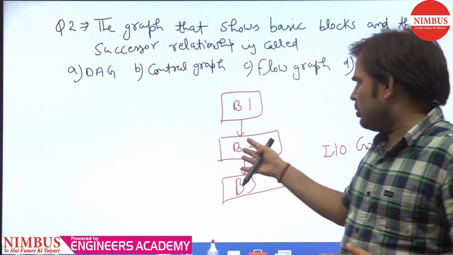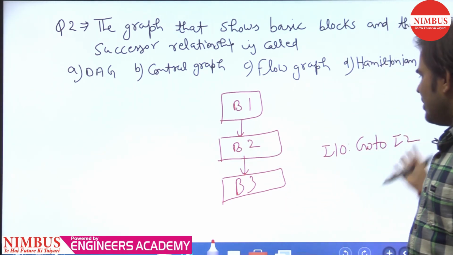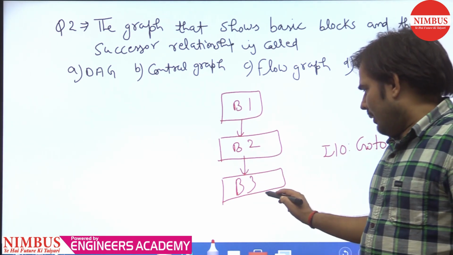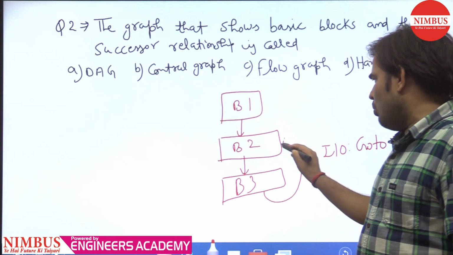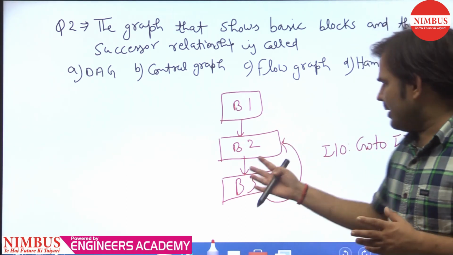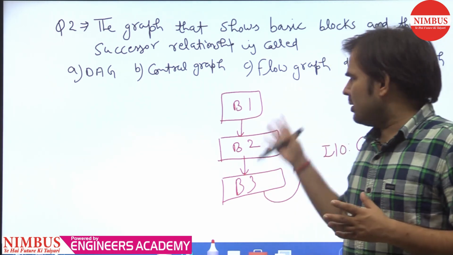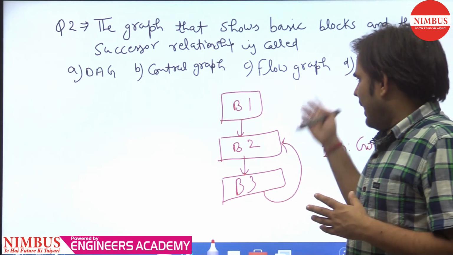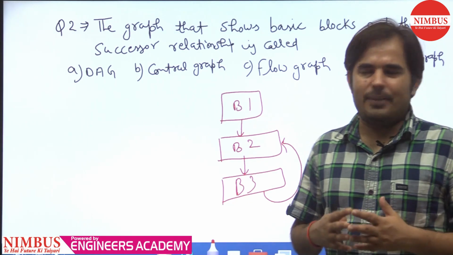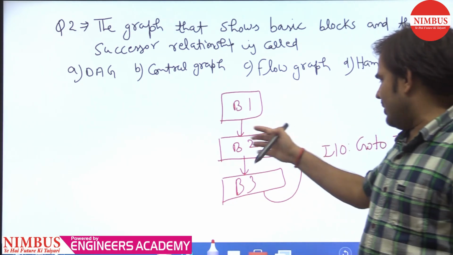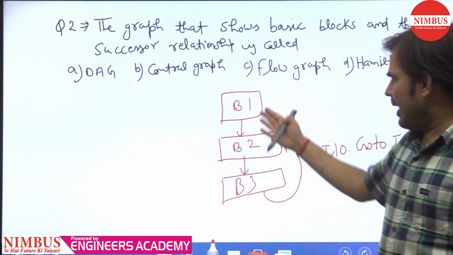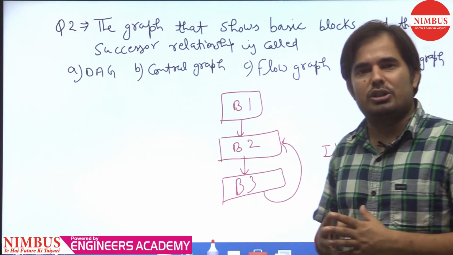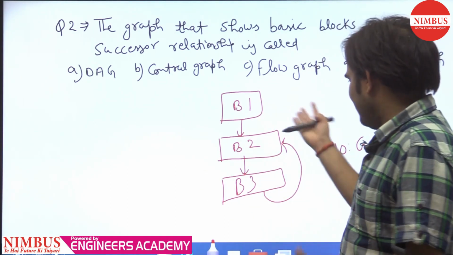And I2 is present suppose in B2, and I2, the instruction to which we have to go back from I10, is present in the basic block B2. So this will go from B3 to B2. Okay, means it is going to add control information. So this is a basic block, this is a basic block, and as we know the basic block graph is a directed graph. Okay, so this is all about the flow graph. If we add control information, if we are going to show the relationship between the successor basic blocks, then it is a flow graph. Directly you can get the concept like this.